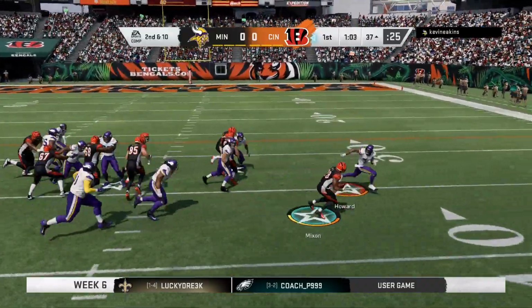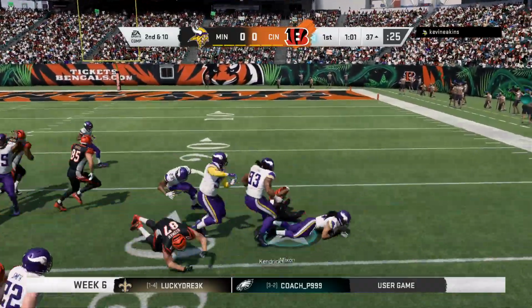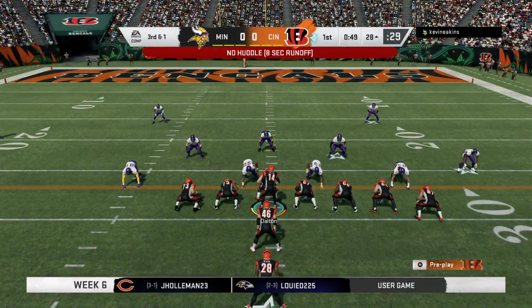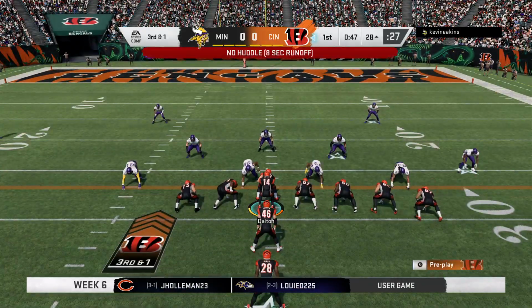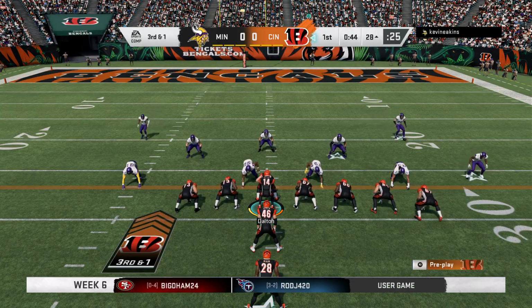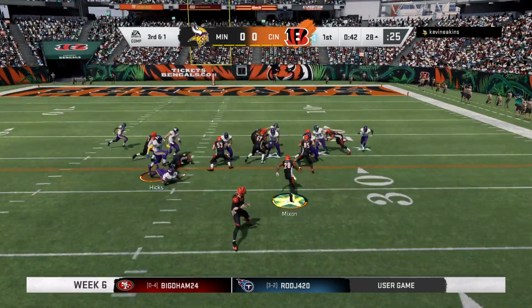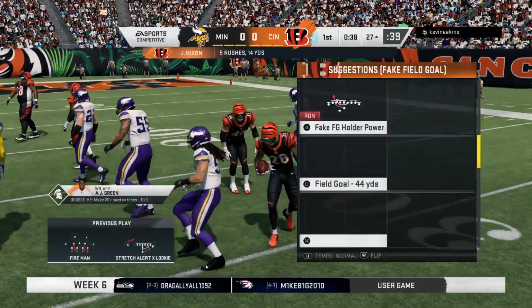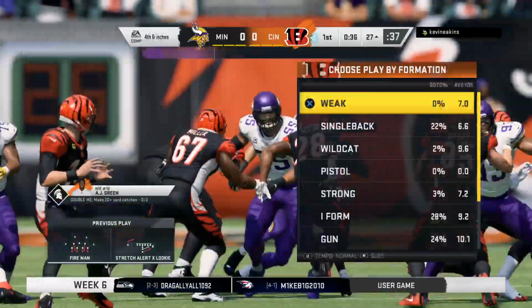They go back to the ground now with Mixon. A good gain of 9 before he's brought down at the 28. This will be play number 7 on the drive. 3rd and a yard. They give to Mixon to try to pick it up. And he will be very close to a first down, but I see the closed fist of the referee, and